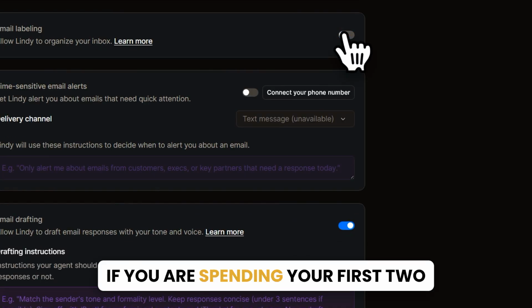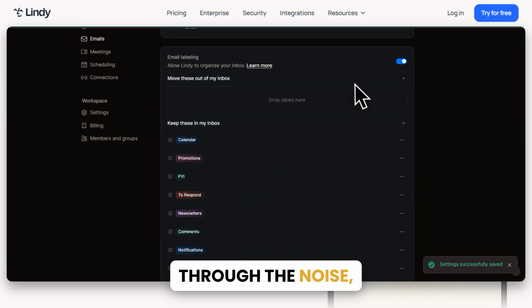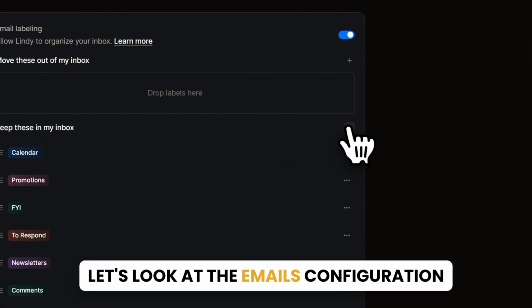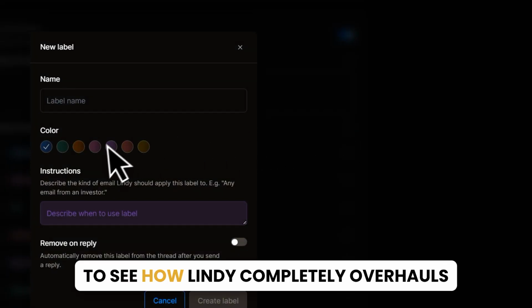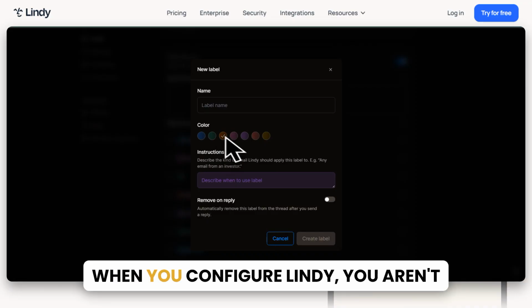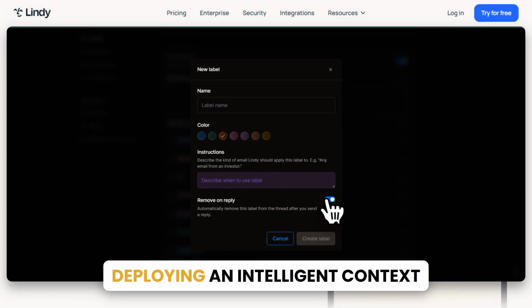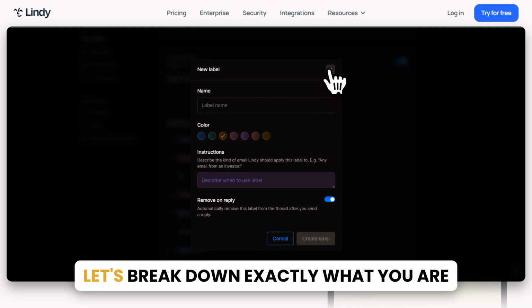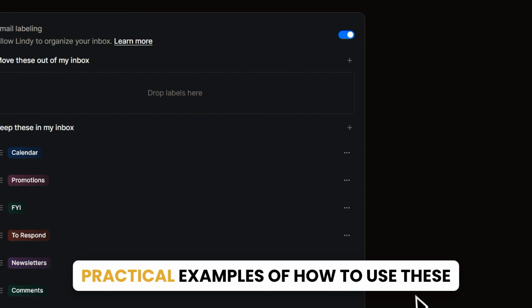If you are spending your first 2 hours every morning just sorting through the noise, you are bleeding valuable time. Let's look at the Emails Configuration tab right here in the account settings to see how Lindy completely overhauls this process. When you configure Lindy, you aren't setting up a rigid spam filter, you are deploying an intelligent, context-aware inbox manager. Let's break down exactly what you are seeing on this screen and look at 3 practical examples of how